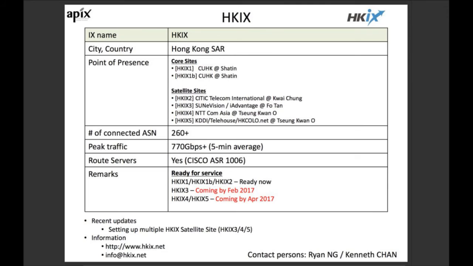HKIX 2 is ready now, and HKIX 3 is Advantage, and they will be ready by February 2017. HKIX 4 is NTT, and HKIX 5 is KDDI, and they will be ready by April 2017.